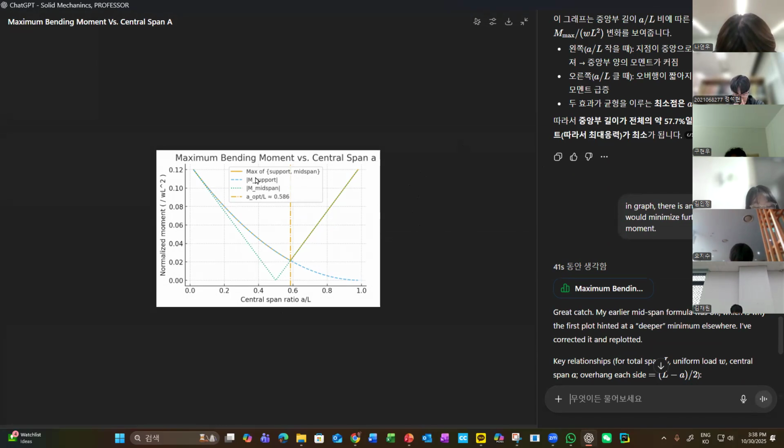Then the maximum of the support and mid span will be